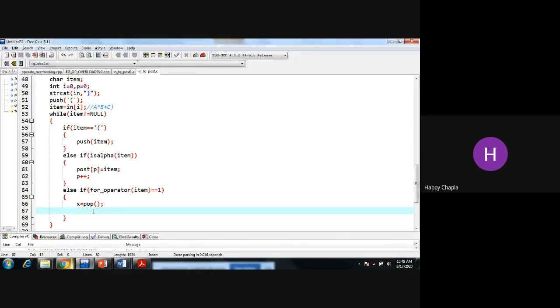Okay, and we are checking that the top variable x is equal to star, right? So star equals 3, and whatever is coming from the infix is plus, right? So the precedence of plus I have given as 2, say for example return 2 if my plus is found. Then we will match that 3 and 2. If my 3 is greater than 2, then stay inside the stack, push it. Otherwise, where do we send it? To the postfix. Okay, so for that, what do I need to check?